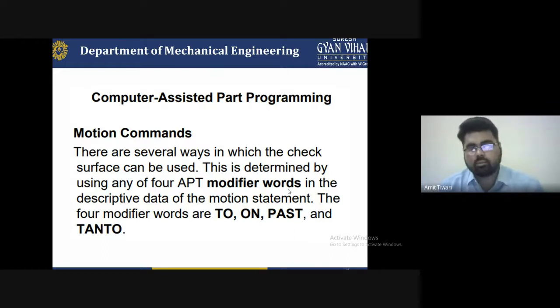It will be helpful to understand these four types: TO, ON, PAST. TO means it is connected with a number of experiments, and ON switches, or PAST, means we can remove or access an amount of material. Without PAST, we have to check the quality control, but you have to check the quality by these four commands having different motion statements, which is very helpful to understand the quality of the motion command, which we do not provide in any other type of machine we are operating.